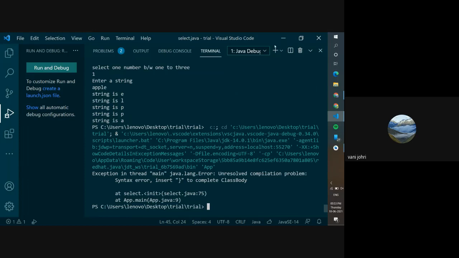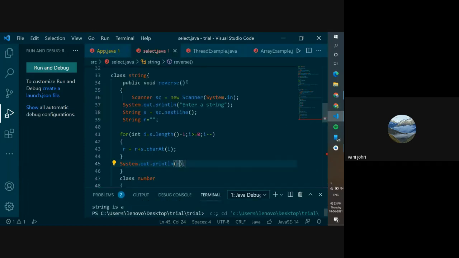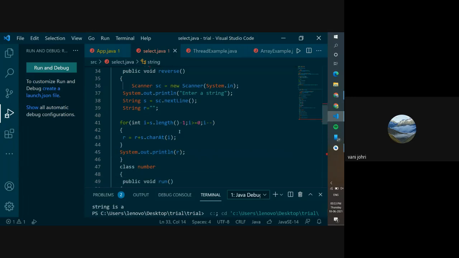Insert a bracket. Did we miss anything? This is the for, and okay.